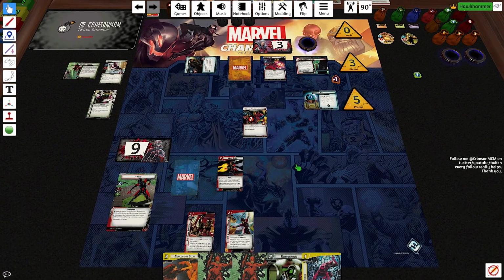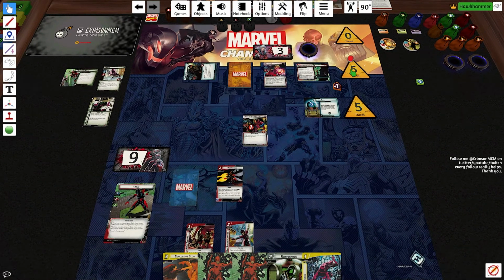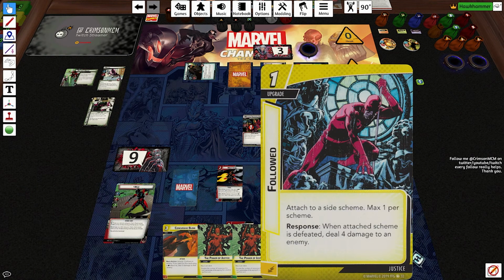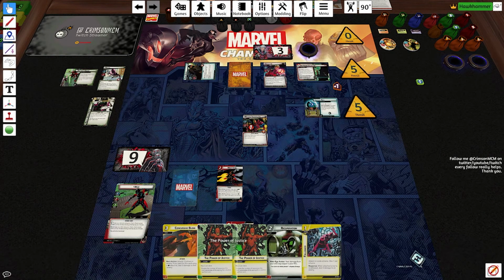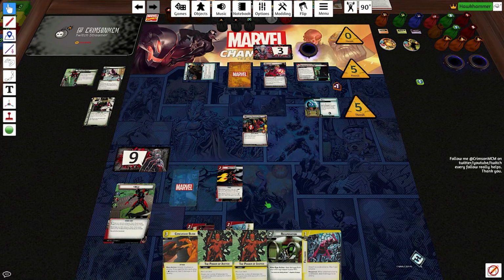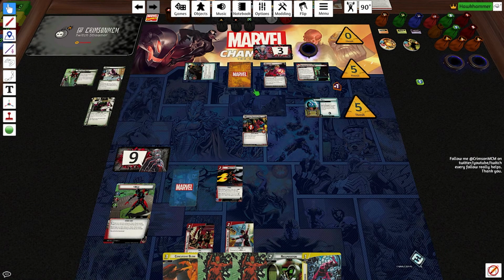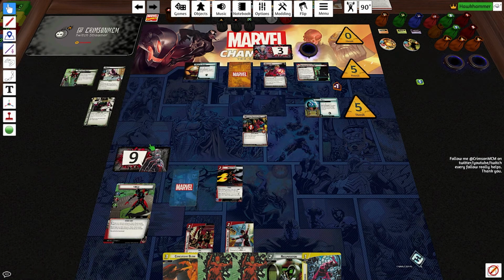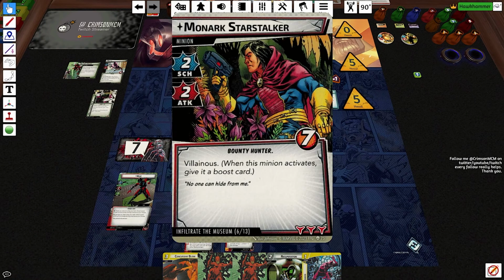So we'll draw 3. 2 threat get placed on the main scheme. We are not in a good position. If we could get our under surveillance soon, that would be handy. Followed might be something we want to consider next turn, but we have... Ooh, wait a minute. This hand is interesting, but we'll figure it out in a minute. Anyways, Collector attacks me. I will not defend, and I will take the 2, and he'll take a damage, and then Starstalker